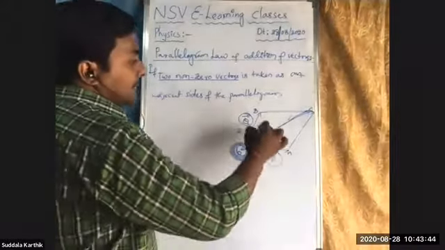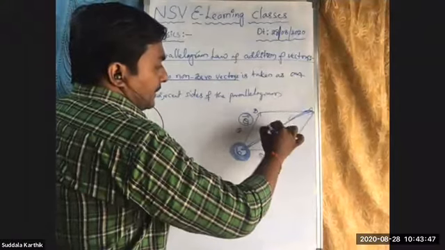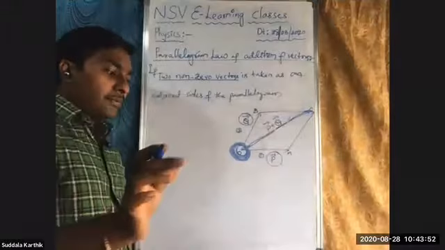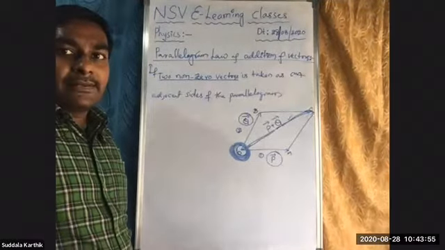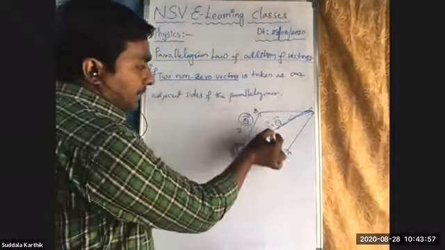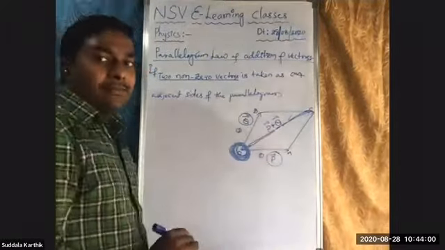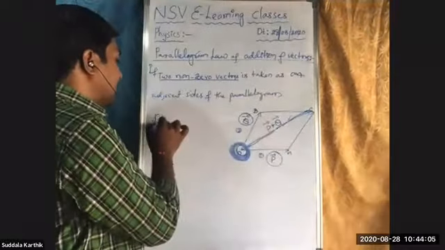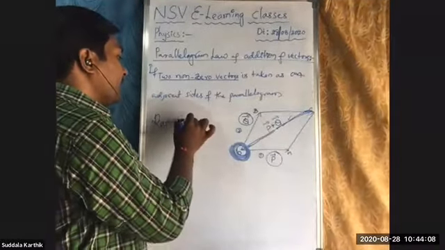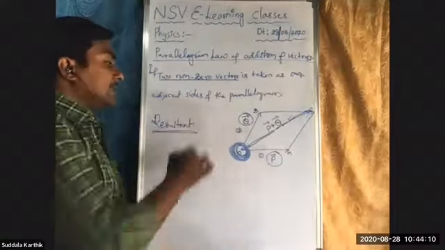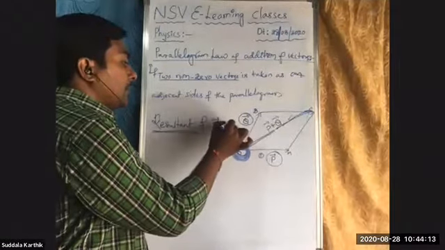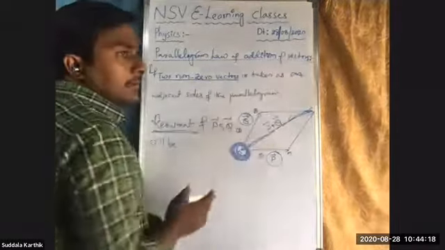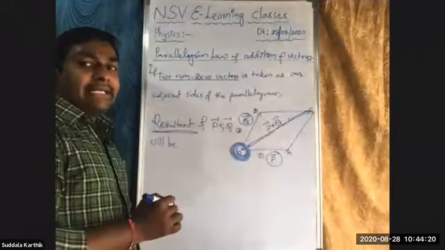Now the resultant of these two vectors is nothing but the addition, though depending upon the situation it is not only addition. But here you have to take P bar plus Q bar. The resultant of these two vectors will be P bar plus Q bar. Always use the resultant for the addition. The resultant of P bar and Q bar will be along the diagonal which is passing through the intersection point.